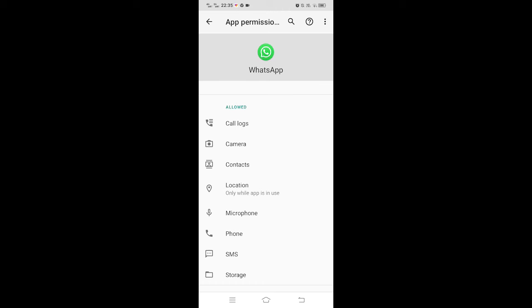If some of your permissions, like phone, are turned off, then you won't be able to download images. That might be causing you some problem. So make sure to turn all of these permissions on, and after all these permissions are on, if you still face this problem, then the other thing you can do is click on the internal storage,